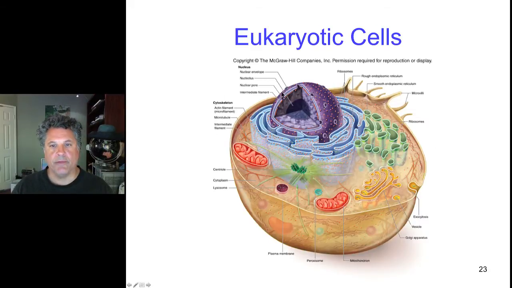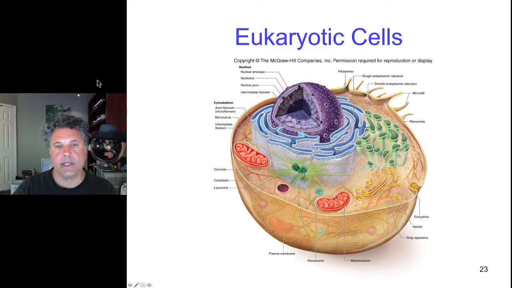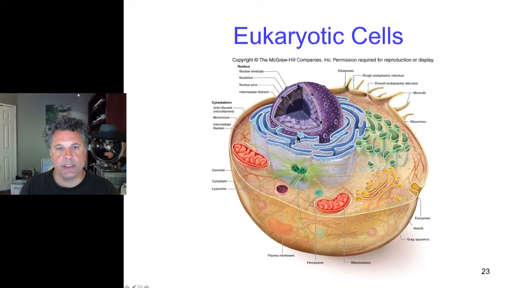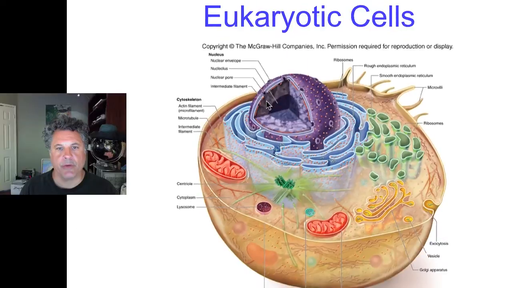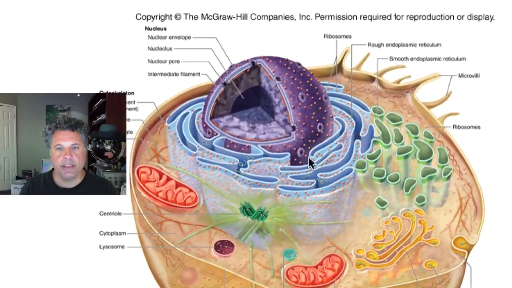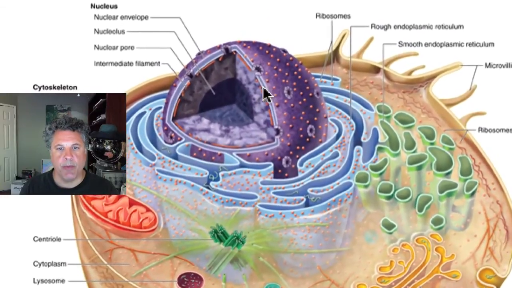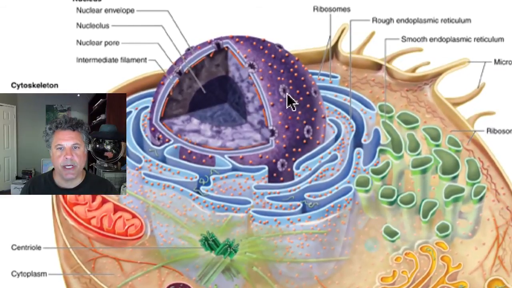So if we take an overview of this and look at a few of these things in overview, we see immediately that the eukaryotic cell has some features that the prokaryotic cell does not. And let's look at some of those features right now. So here is the nucleus, which compartmentalizes the genetic material, the chromatin, from the rest of the cell. And this is, as we'll see, a double membrane system studded with nuclear pores, through which molecules pass in and out of the nucleus as part of the communication with the cytoplasm.